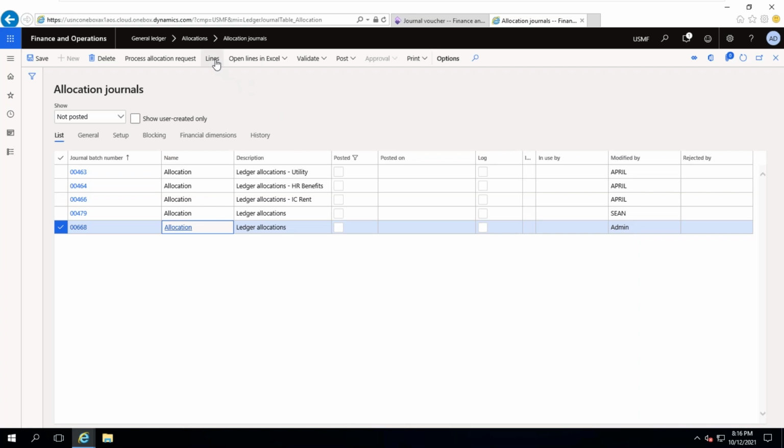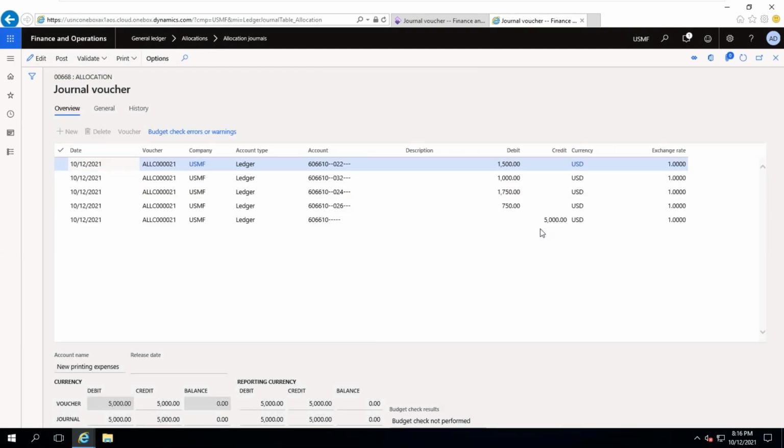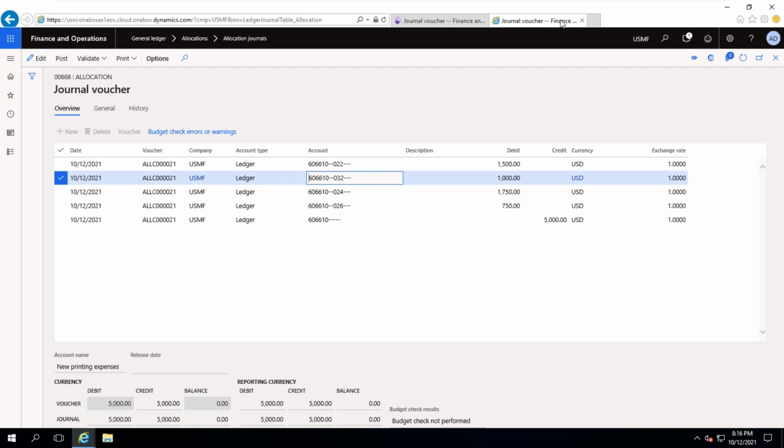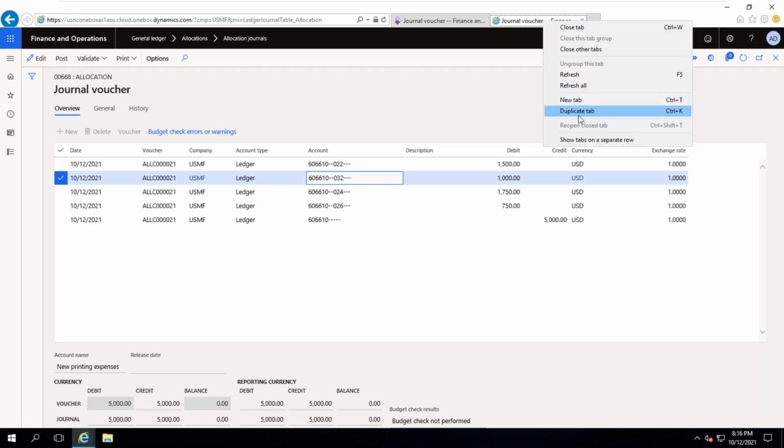If you go to lines, the 5,000 whatever it is there, it was split into department wise expenses. For 22 it is 1,500, and we can post this one. So before going to post, if you verify,